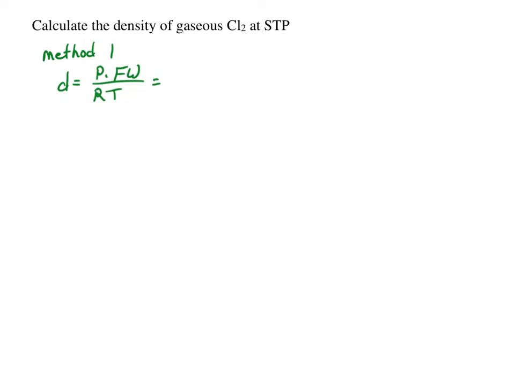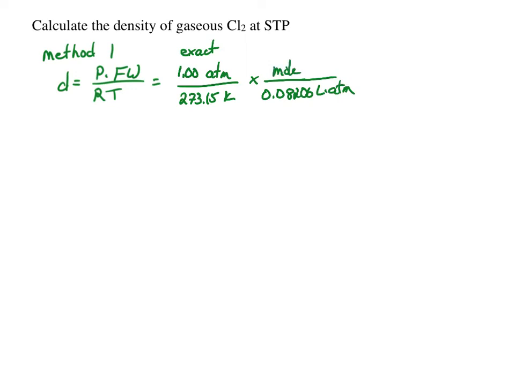At STP, our pressure is exactly 1 atmosphere. And our temperature is 273.15 K. We're going to divide by R, 0.08206. Units are liter atmospheres per mole Kelvin. And finally, we multiply by our formula weight, which for chlorine